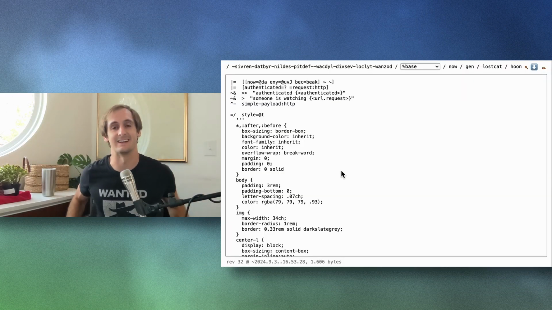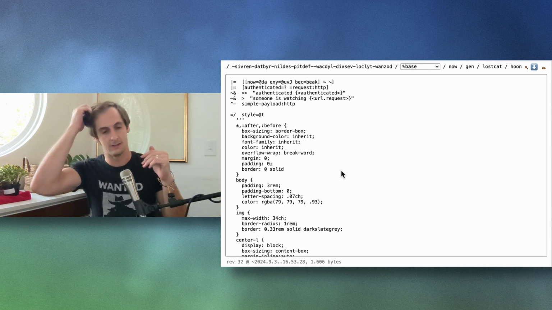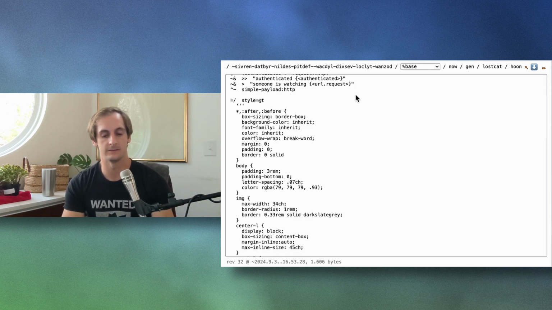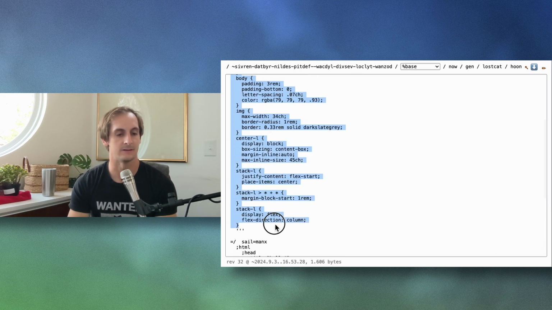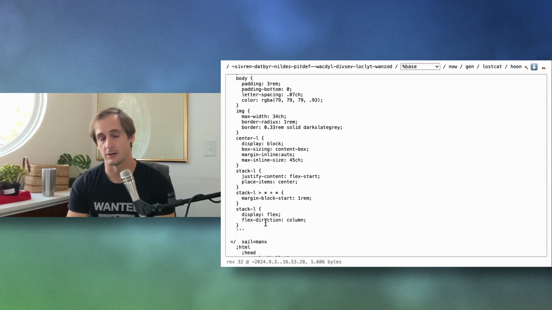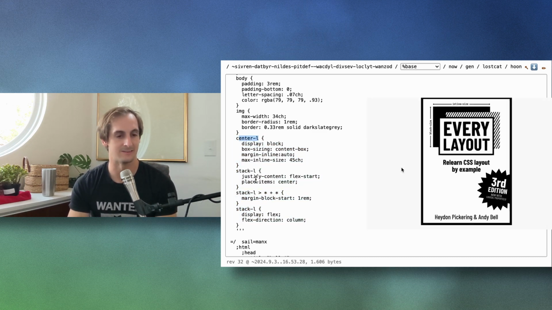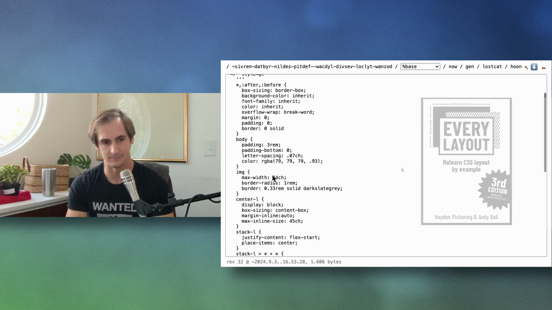Let's review. I kind of zoned out there for a second, but let's take a look again. I've messed around with a couple things here. It's still all the same. To make it look nicer, I have added a style section. To make it complicated, I added every layout's center layout and stack layout, and I've modified those as I saw fit.